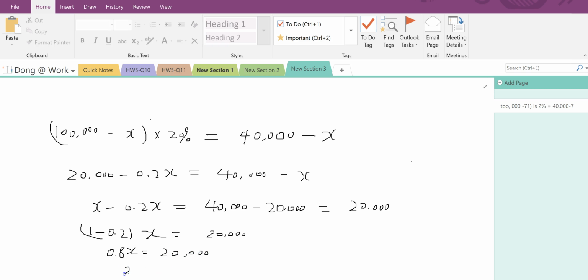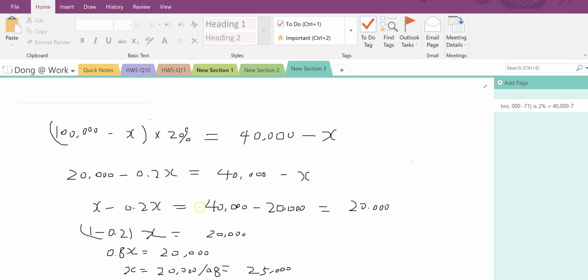So now I can solve out this X. X equals 20,000 divided by 0.8. And this gives me 25,000. So this $25,000 here means if you withdraw $25,000 from the bank for the checkable deposits, then the remaining